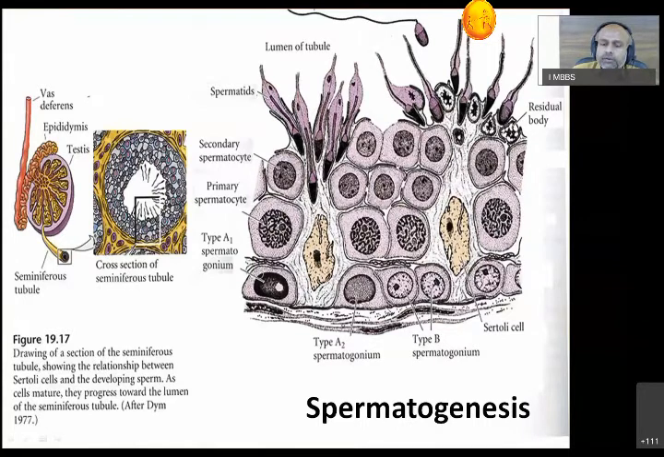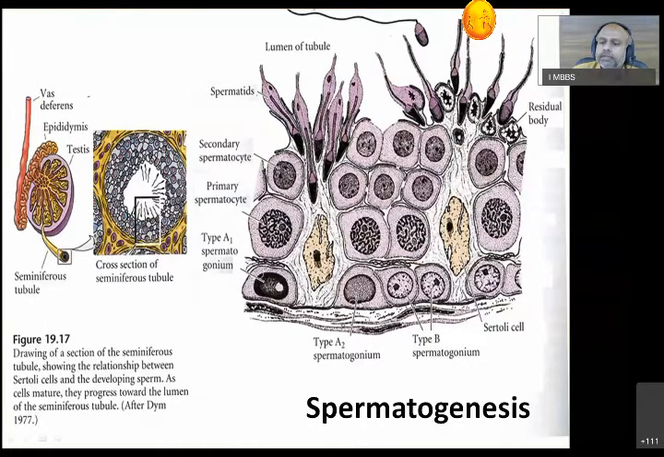This germ cell gives rise to the pale-colored nucleus type A2 spermatogonium. This spermatogonium further gives, by mitotic division, type B spermatogonium. Type B spermatogonium further divides into primary spermatocyte, secondary spermatocyte, spermatids, and these are the spermatozoa which are released in the lumen of the seminiferous tubule, and the rest of the part which is discarded from the